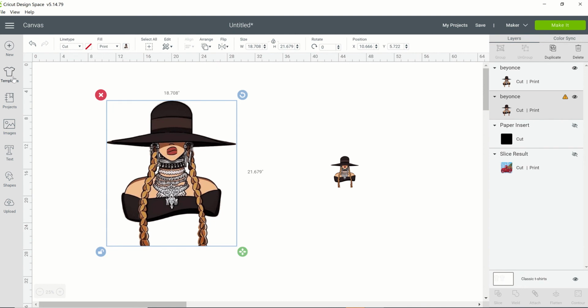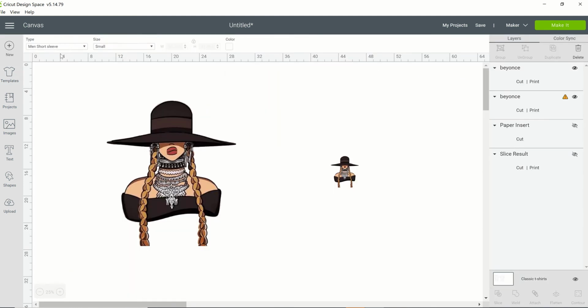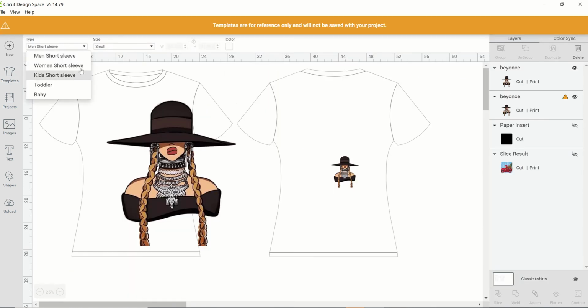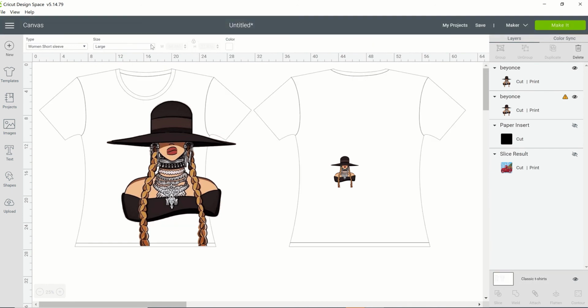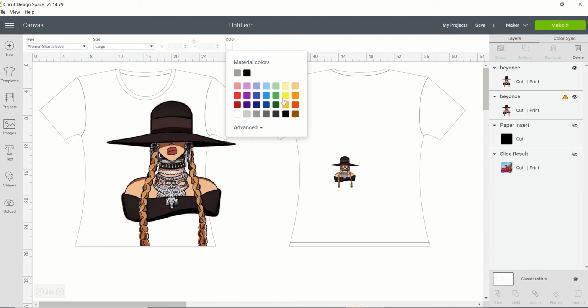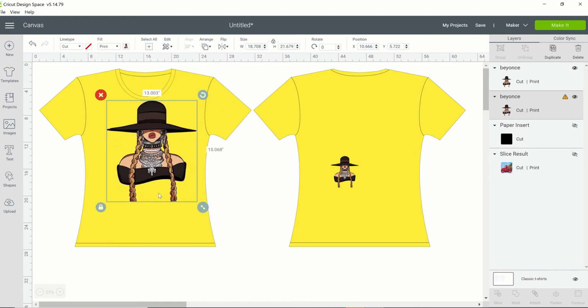So I'm going to go back here to my template and get my t-shirt again. All right, and we're going to put this back on a women's short sleeve for a large shirt. And we're going to take it back to yellow. All right, so the next thing is I'm just going to size this to where it's appropriate for the sizing